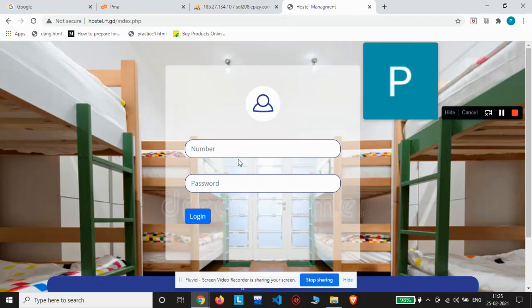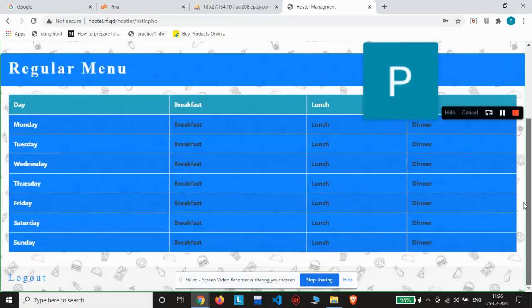So what we have to do is enter the hostler details which we've entered previously. We could either log in as the hostler who submitted his application, which we've accepted to become a hostler, or we could enter the details of a hostler added manually by the owner. I'm going to enter the details of the hostler who was added manually by the owner. I've copied the number previously, and I'm going to paste the same number over here. We hit login, and